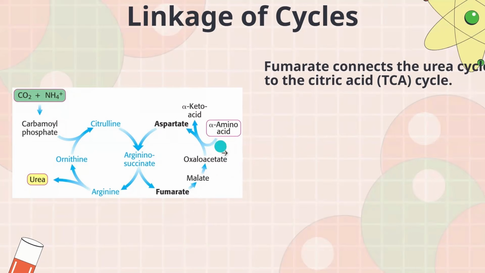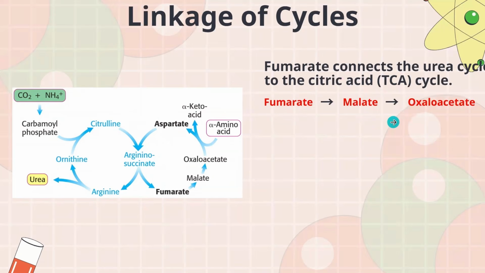And here's oxaloacetate. If you remember, guys, the reaction with the alpha amino acid is going to form aspartate and alpha keto acid. Now, this is our AST here, as the enzyme. And aspartate is regenerated, so it can rejoin with citrulline to form arginine. So it's just continuing to be used. And then here you have urea and ornithine, obviously. And yeah, that's basically it: fumarate eventually forms malate, and malate is going to form oxaloacetate.